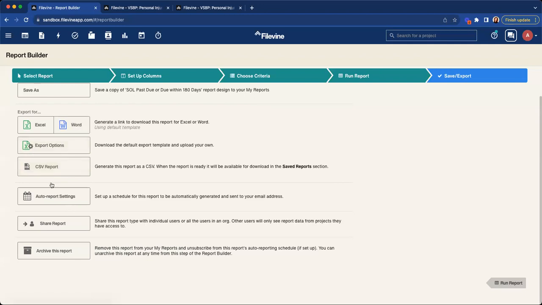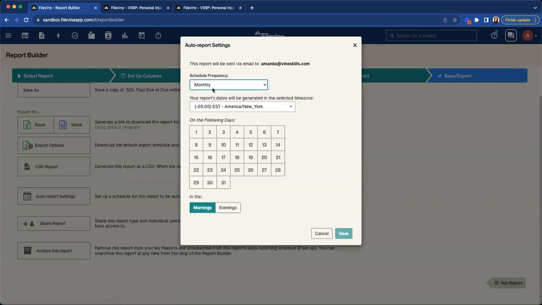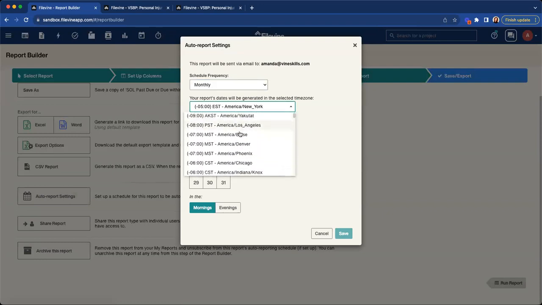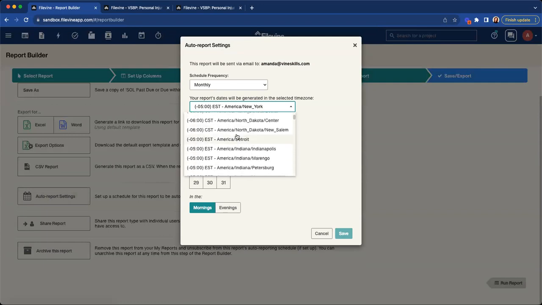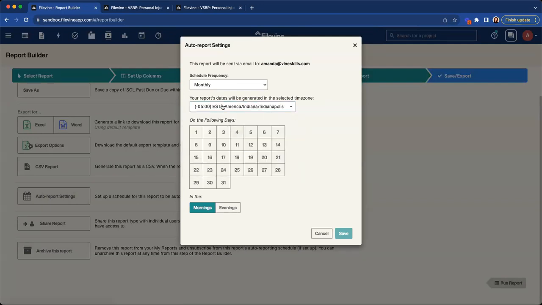Under export options, you have your auto report settings. This is where you can set up a report to automatically email to your email on whatever schedule you choose. So maybe I want to see this report every month. I can go ahead and select monthly. I will choose my time zone. So maybe I want to get this at, let's see, where's my EST? I'm Eastern. I think I scrolled right past it. I'm going to just go ahead and grab this one, set my time zone to Eastern Standard,